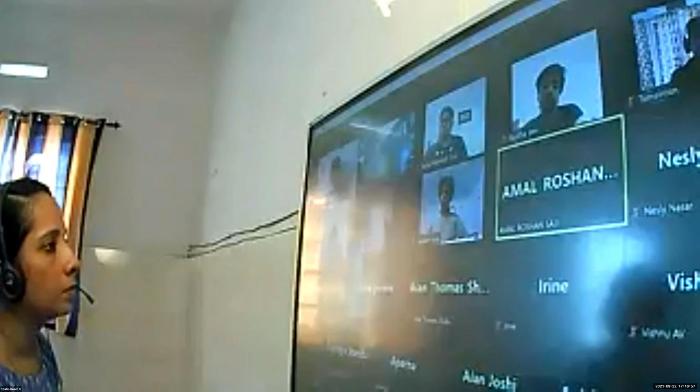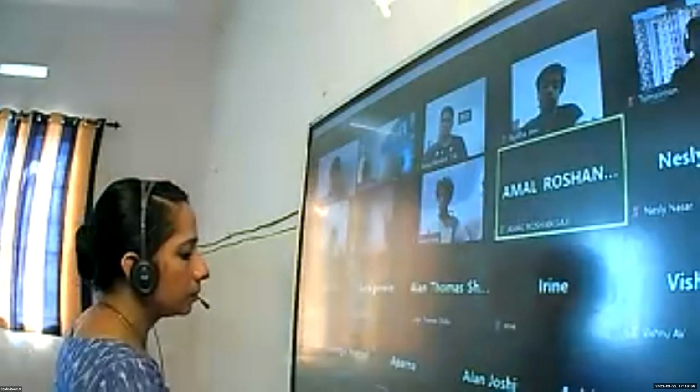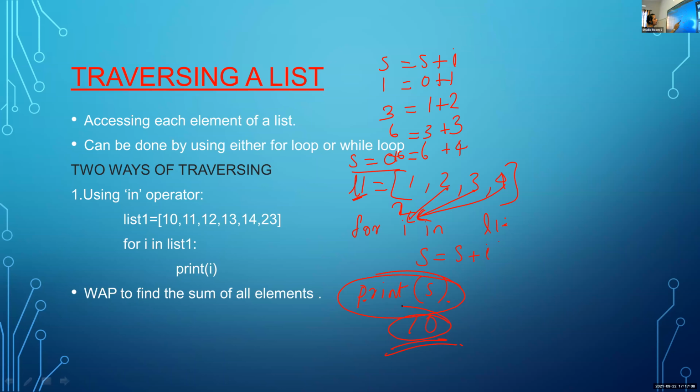I have a doubt with S is equal to S plus I. The I values are 1, 2, 3, and 4. So the first I value is 1. The starting S value is 0. So 0 plus 1, 1. So next time S value is 1.